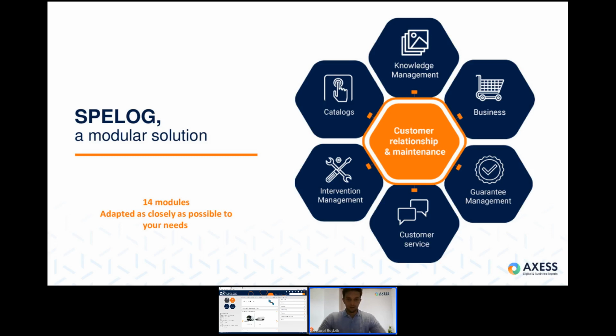Next, I will talk to you about Spellog more precisely. Here we have 6 different modules, which are the principle of Spellog. Spellog is a modular solution that can meet the needs of your different professions. First off, the module is